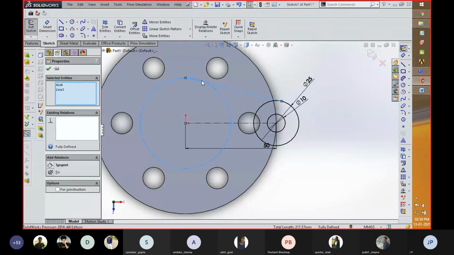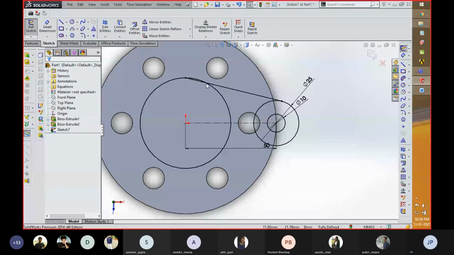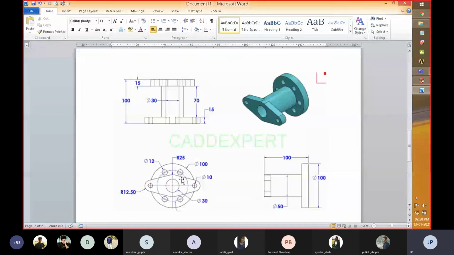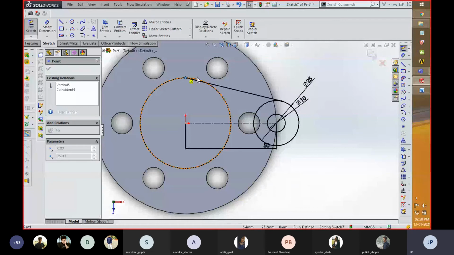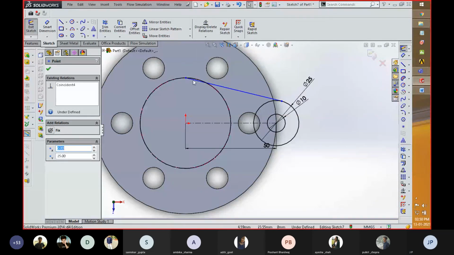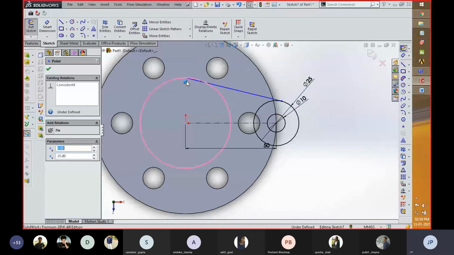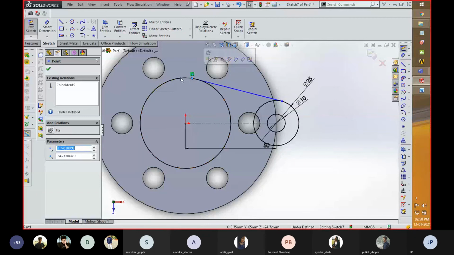For doing the tangent part, this line is touching that part, so we have to move this, or remove the constraint part. What you have to do is select one by one, and then add all these constraints. After that, you can move.